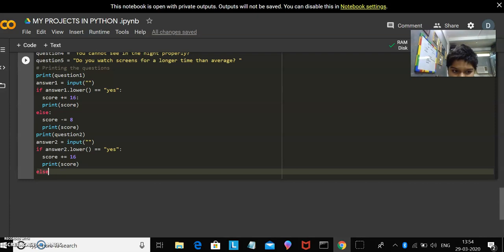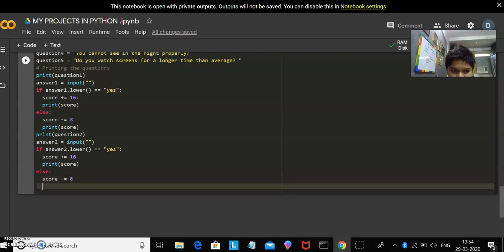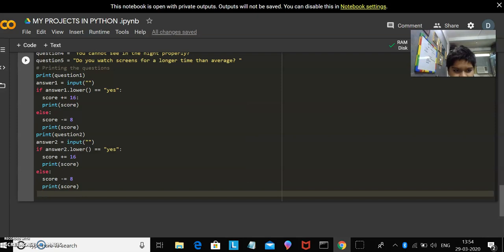Now if this is not true, if this condition is not true, score minus is equal to 8 and print score,